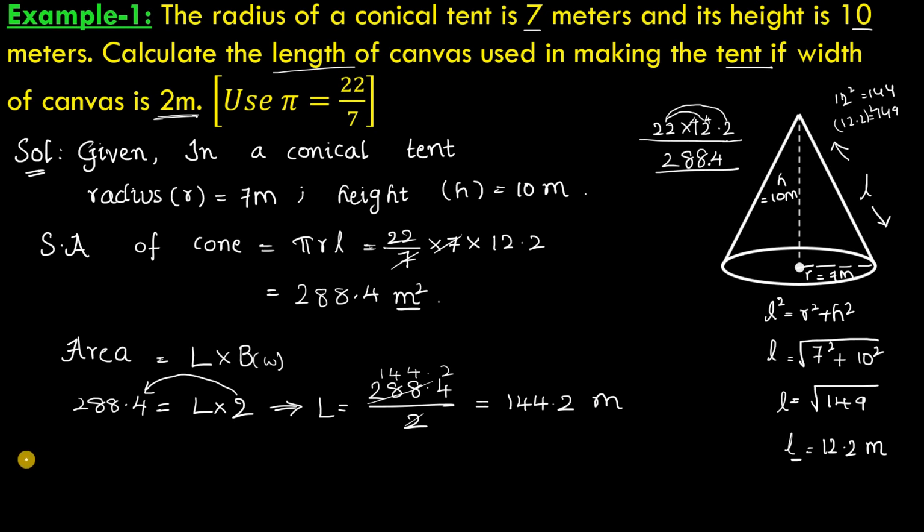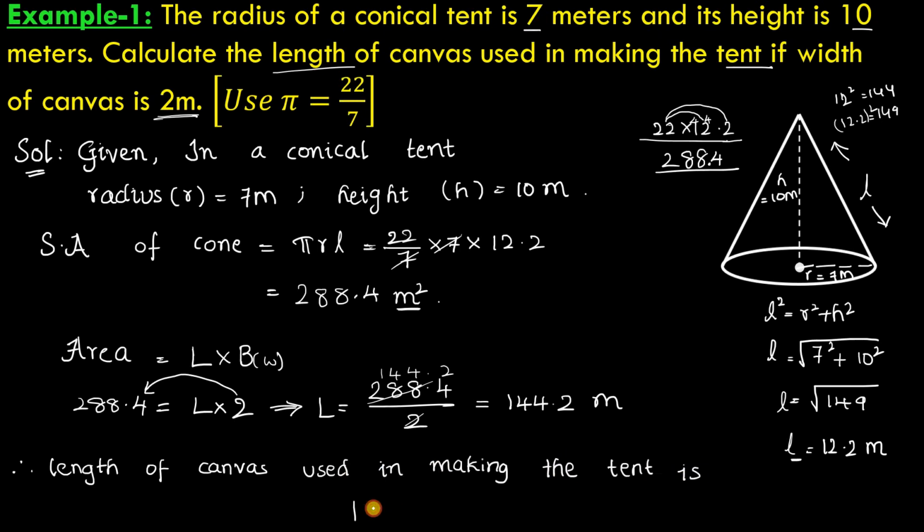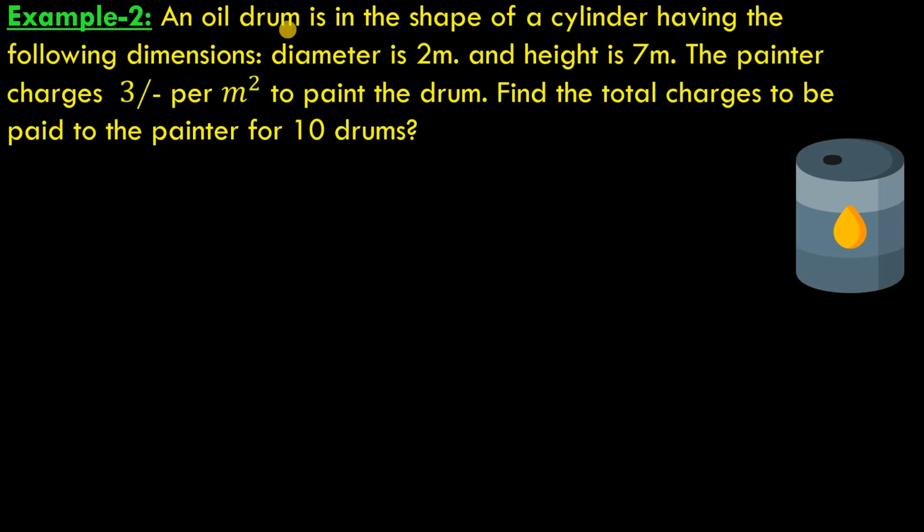Last, conclusion. Therefore, the length of canvas used in making the tent is 144.2 meters. Example 2. An oil drum is in the shape of a cylinder having the following dimensions: diameter 2 meters